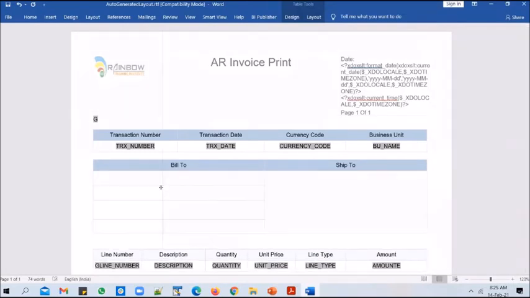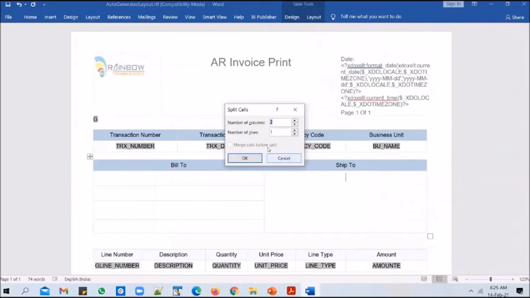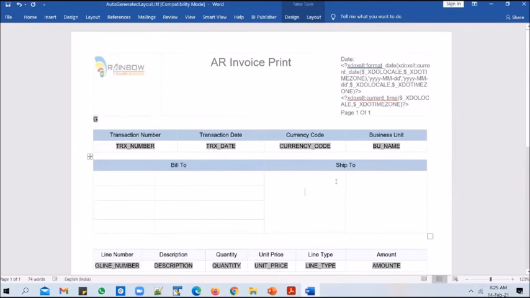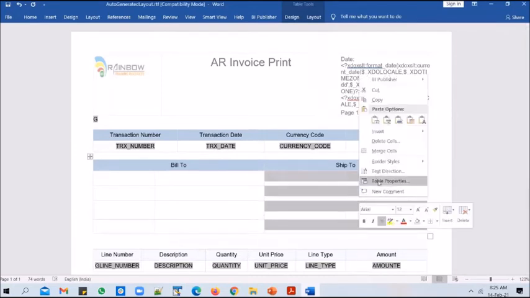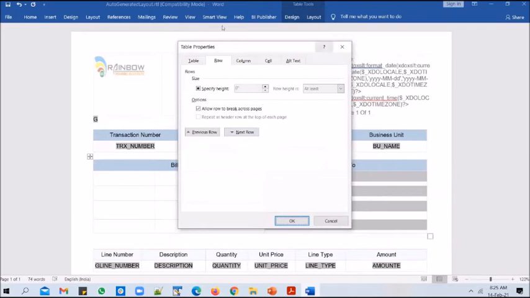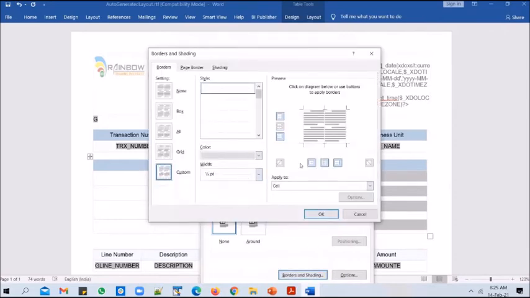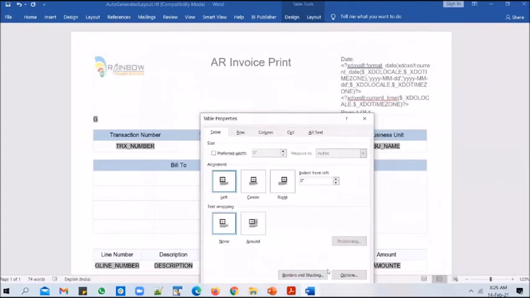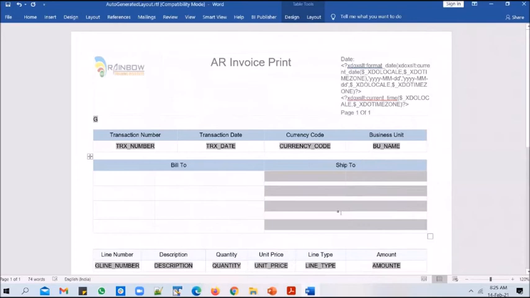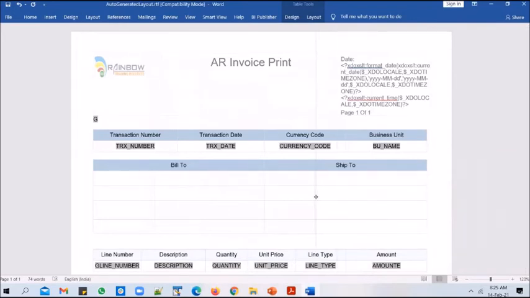You can rearrange them a little bit, and you can do the same thing here as well. So you can do a right click and say split cells, say 2 columns, 4 rows, and you can enable borders. Borders and shading. You can enable all the borders. And say all borders, click OK, and click on OK. And you can move this slightly to the right. And you can make these headings bold if you want, or you can leave it like that.